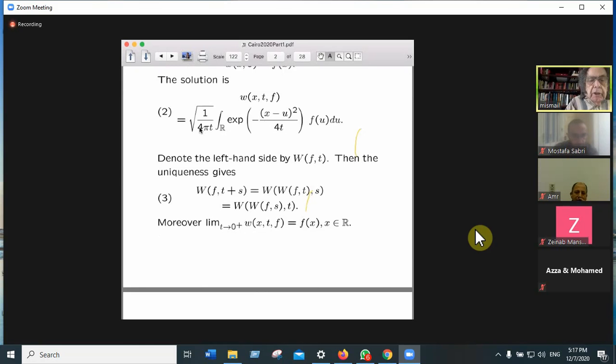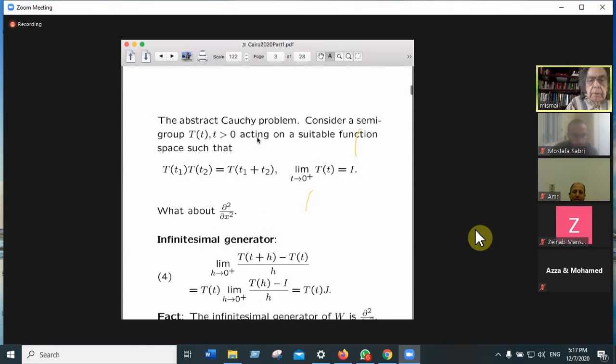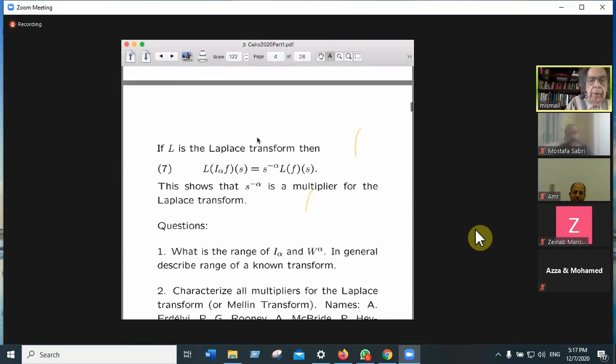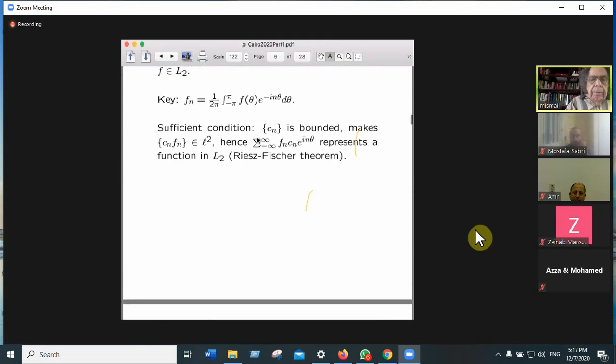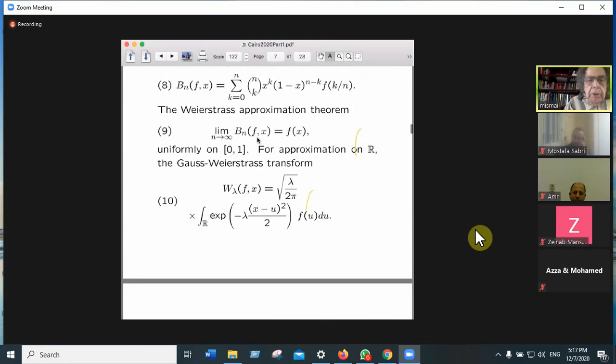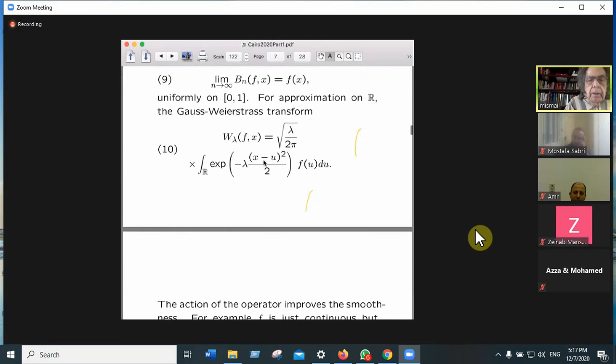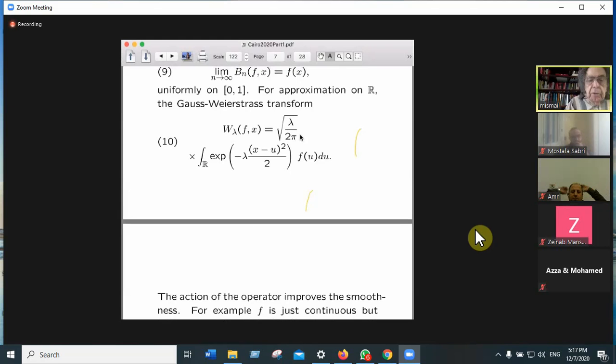And instead of this 4, 2 pi, and the 2t, gives me a lambda on the top. So in approximation theory, this operator is called the Gauss-Weierstrass transform, and it converges to the function,